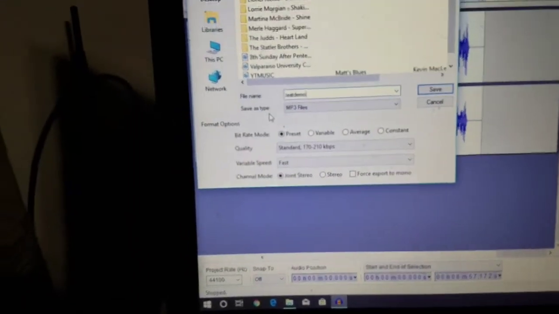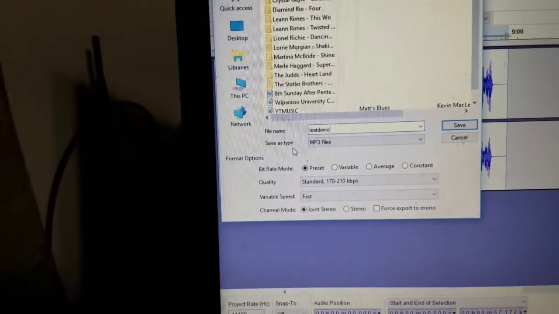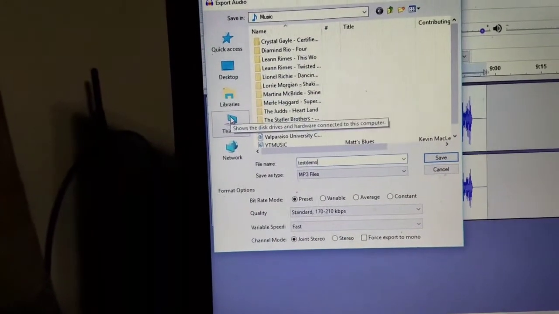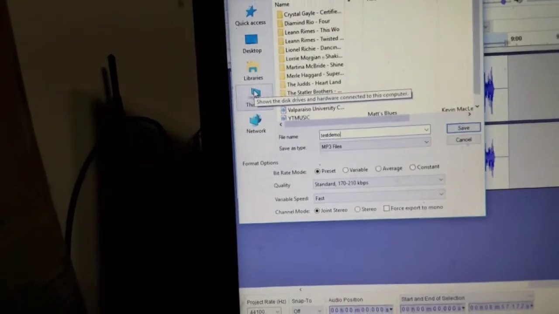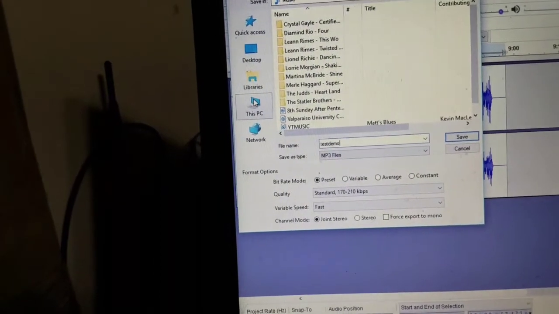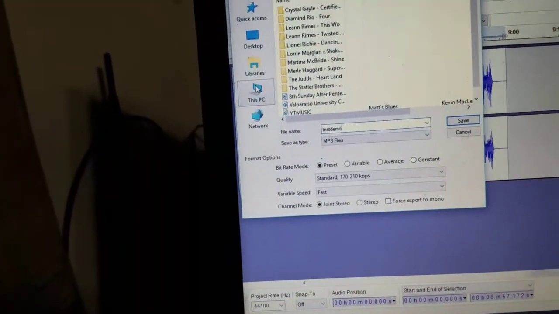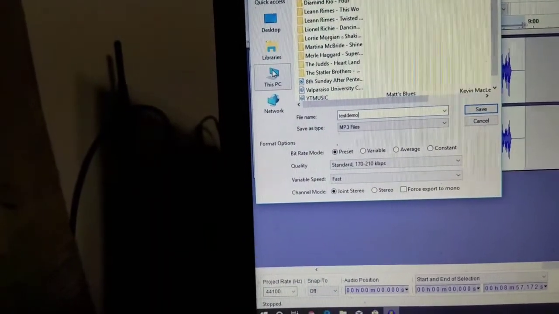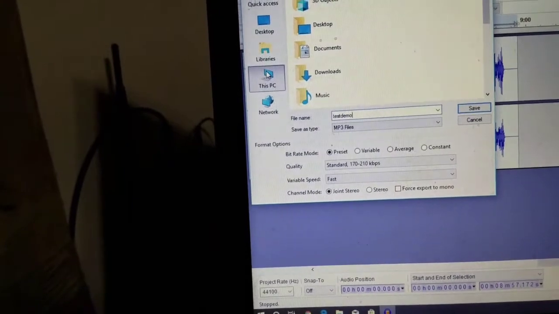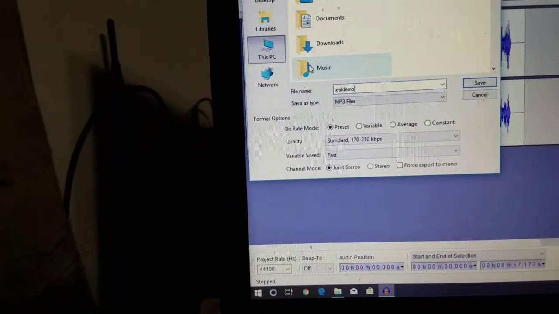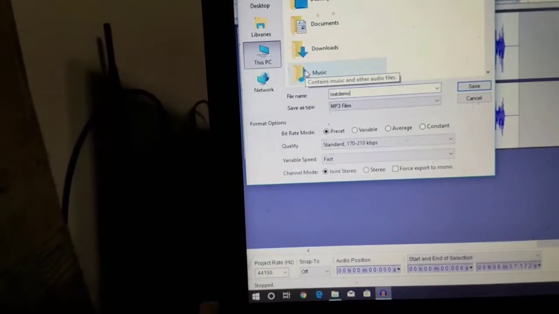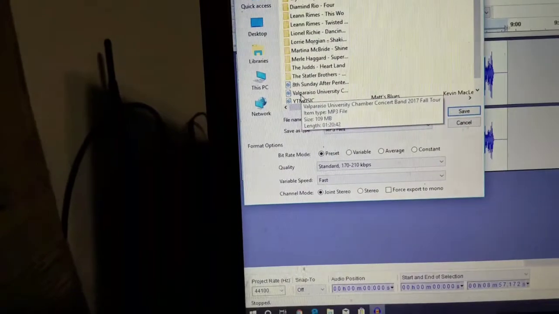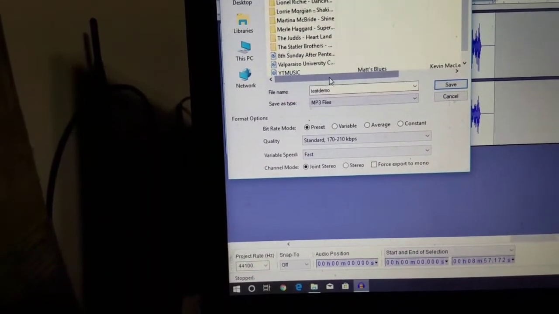And then you also want to select the location for your file to be saved. I'm going to click on this PC. If you have a different version of Windows, it may be a little bit different. But for Windows 10, I'm going to click on this PC. And I want to save to my music folder. Okay, I selected my music folder,